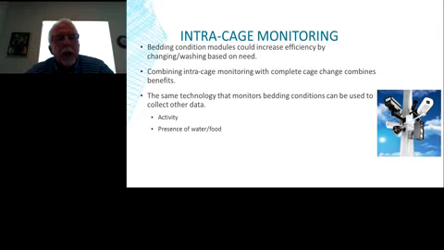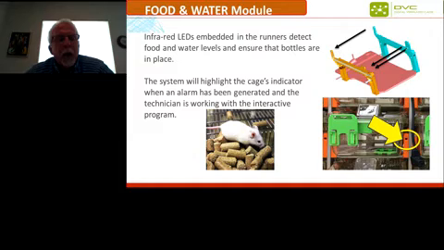And combining intercage monitoring with complete cage change combines benefits overall. The same technology that monitors the bedding can collect other data. The systems are quite varied that way. We can look at activity, presence of food, water. And this is being shown here in regards to how some of the food and water can be evaluated in these systems with the infrared beam technology, and then indications when those are issues of an alert overall with a